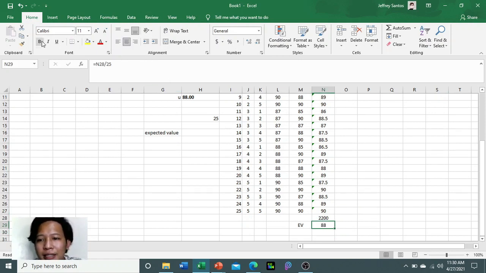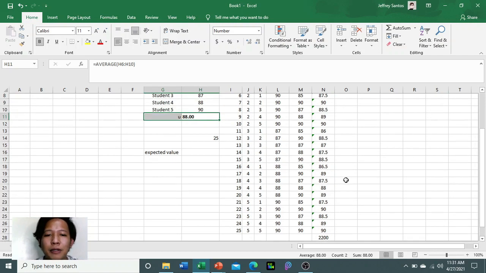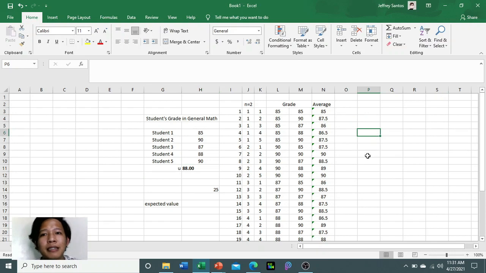And mapapansin niyo, our expected value is equivalent to our population mean. Alright, hence, napatunayan natin that the expected value is truly our population mean. Okay? Next is that we have what we so-called standard error. So, si standard error naman, so, given tayo ng